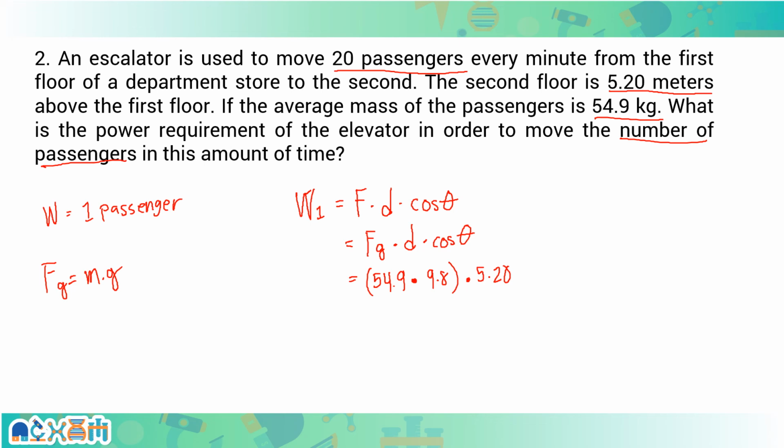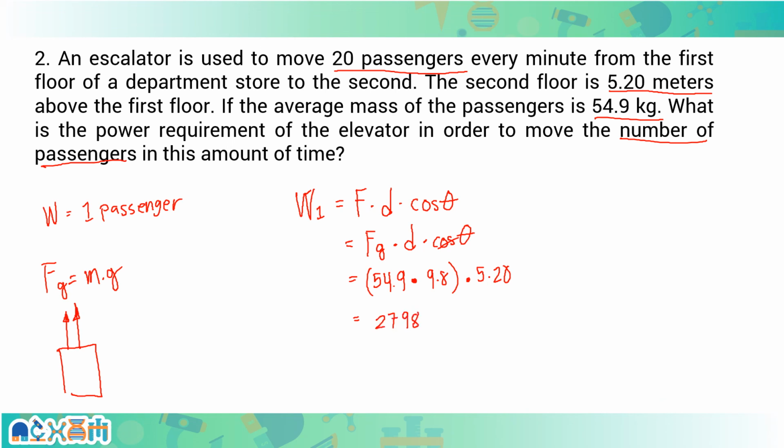Cosine theta, we don't have cosine theta because if this is an elevator, if the displacement is upward, the force is also upward. The angle between the displacement and the force is the same. So that would be 0. So no need to write it down. We can cancel. And cosine 0 would be 1. Okay. So multiply this. We're going to have about